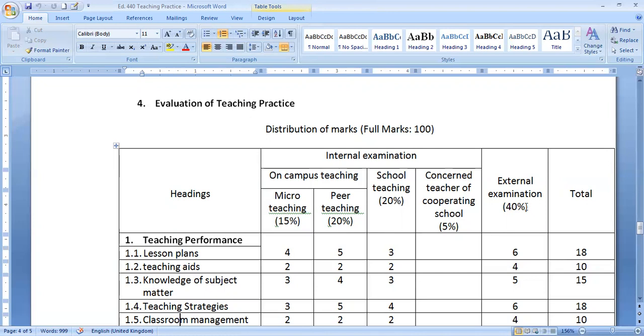From micro teaching 15% marks will be there. From peer teaching, on campus, 20% marks. And school teaching is 20%. And the concerned teacher of the cooperating school 5%. And the external examination is 40%. That means 60% from the internal examination and 40% from the external examination.